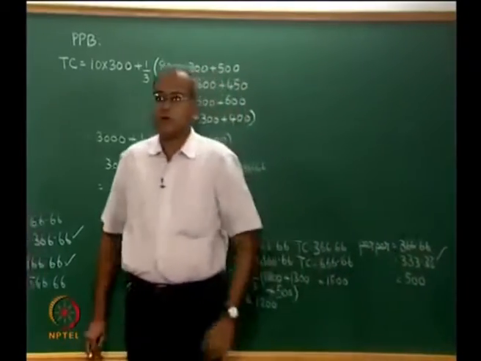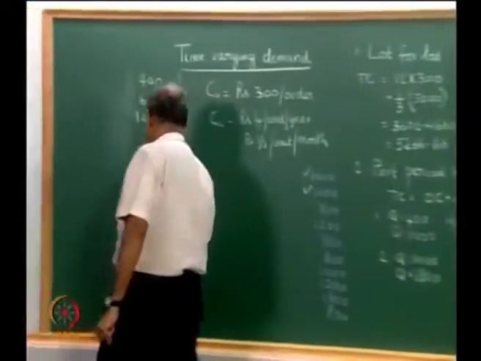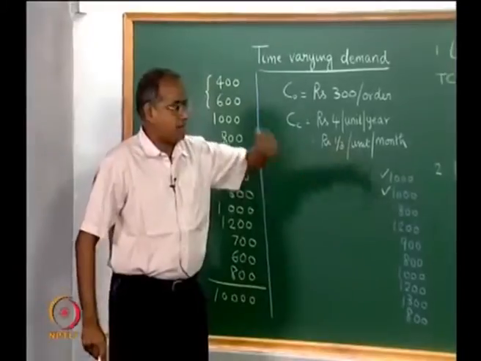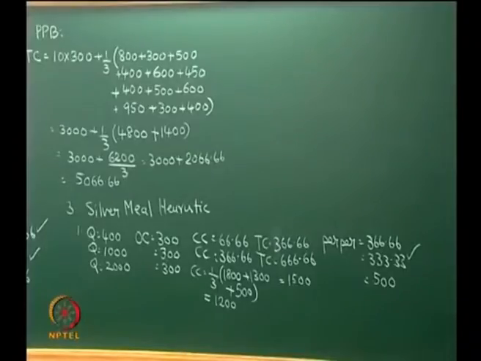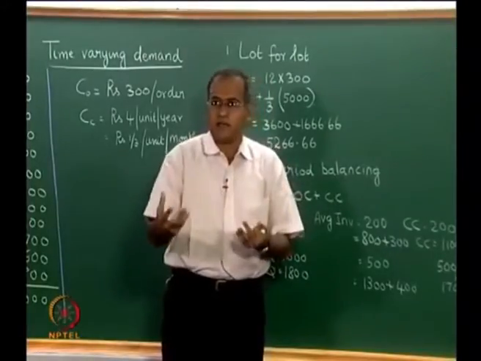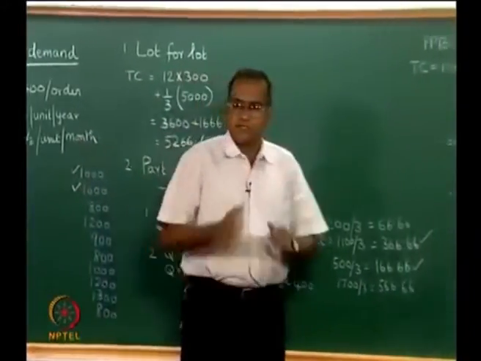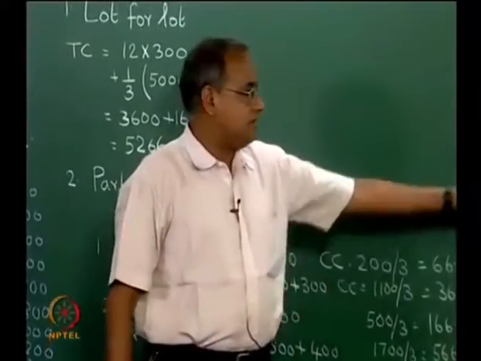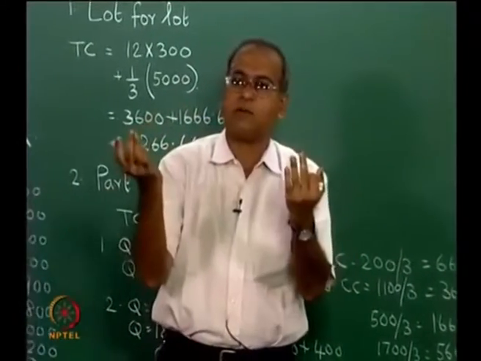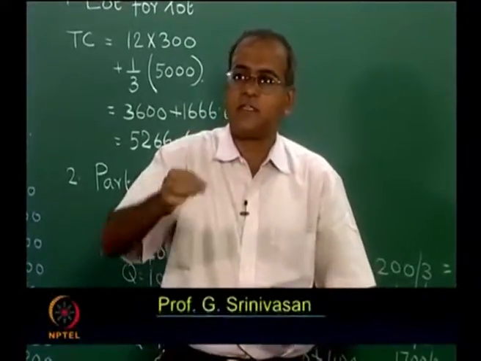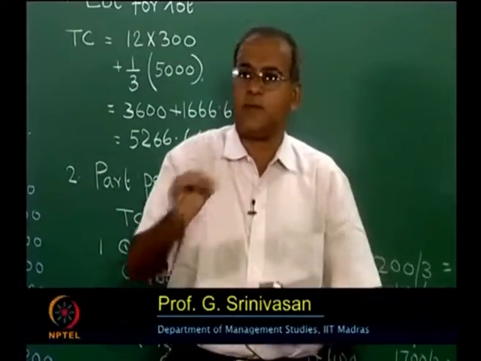So, the decision is to try and order for 1 and 2 together, combine these two together. Now, we have to repeat what we did. The reason I said it is similar to part period balancing, but different, is that both of them essentially try to trade off between the order cost and the carrying cost. Part period balancing explicitly tries to see if the additional carrying cost exceeds the order cost. Silver meal tries to do the combined cost for multiple periods, averages it and sees the period for which the average is showing a local minimum, or the average is optimized.